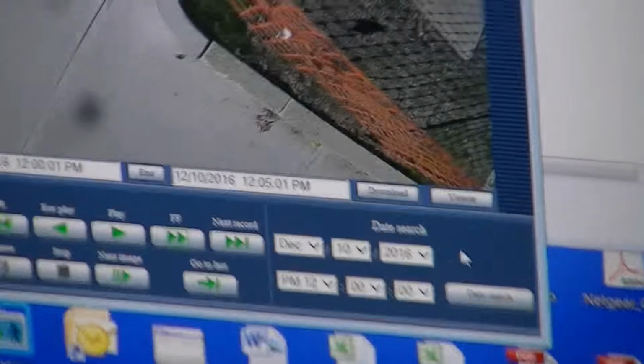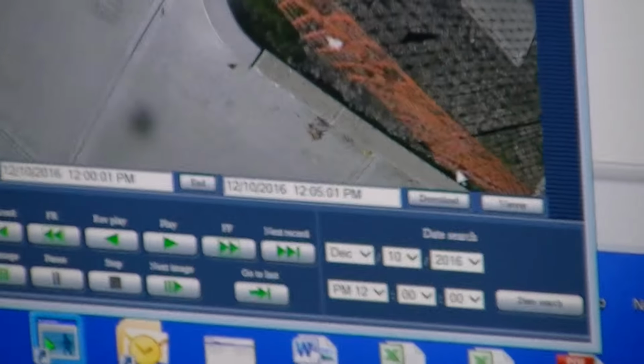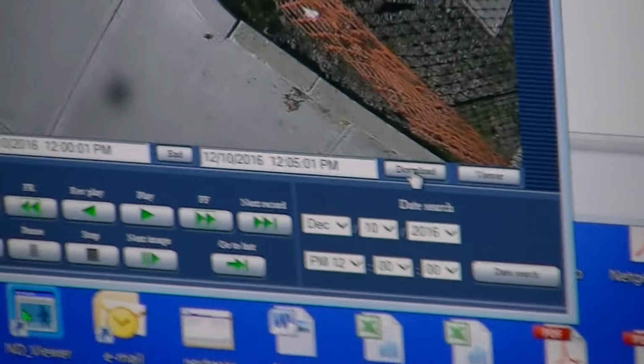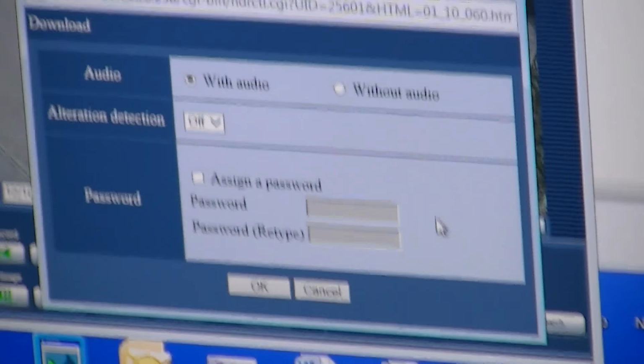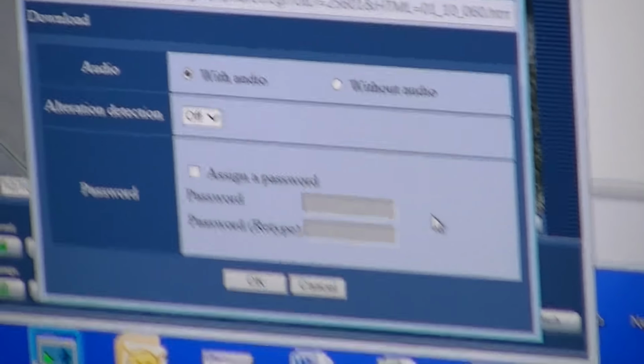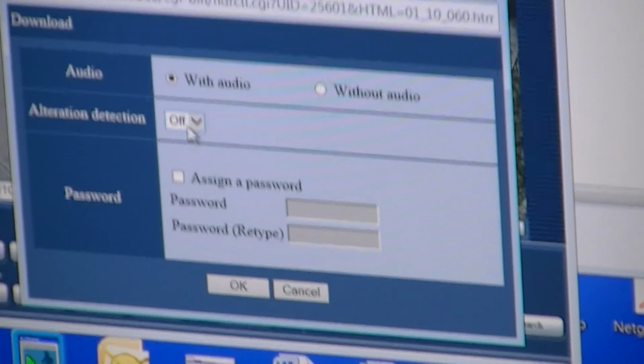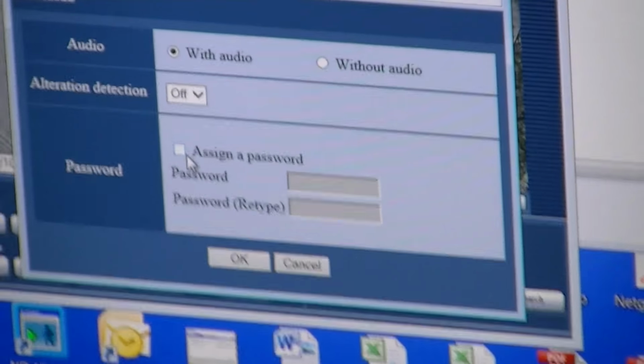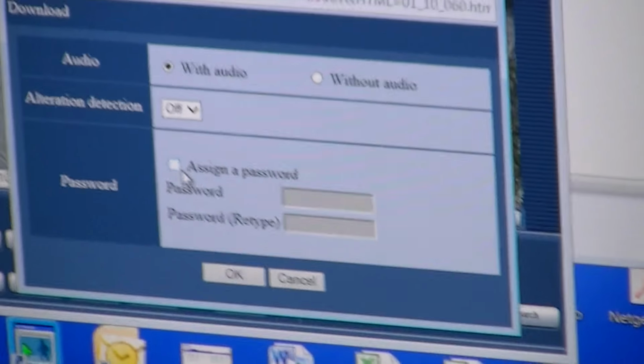Once you do that, and you have the footage, yes, that's the footage we need, you can hit download. It's going to ask you with or without audio. The cameras don't have audio, so you don't have to worry about that. It's just video. If you wanted to, you could assign a password so that somebody who's going to view it needs to know the password to actually view the video. If I hit OK here,